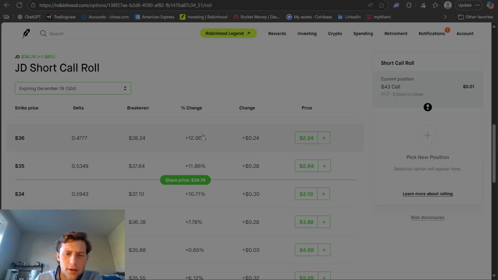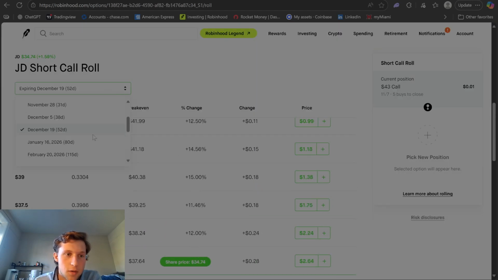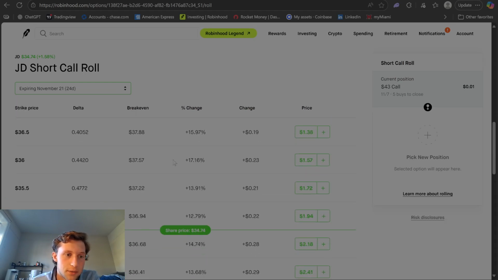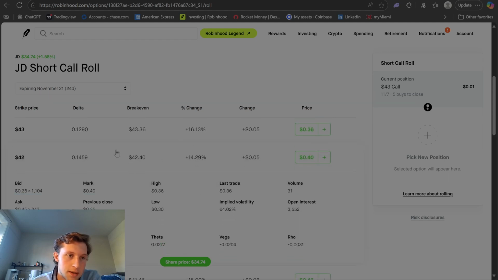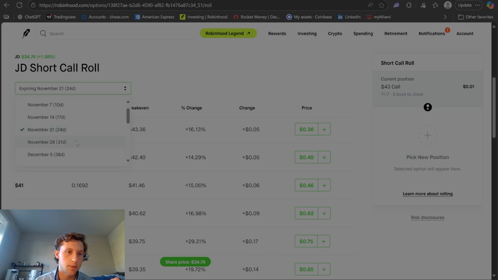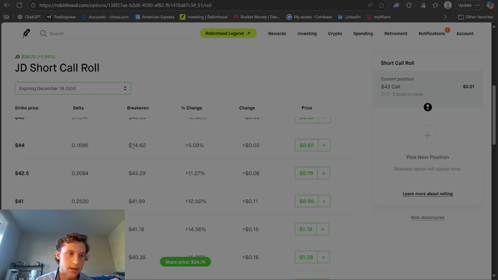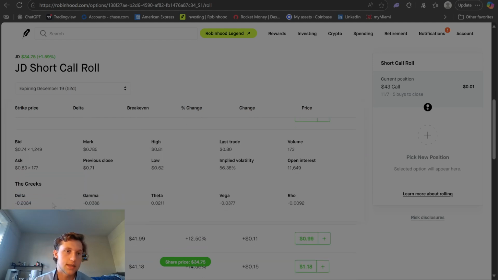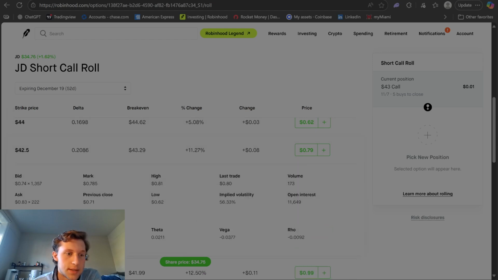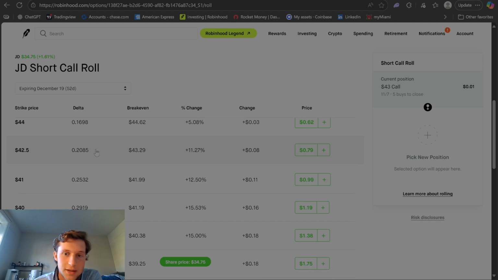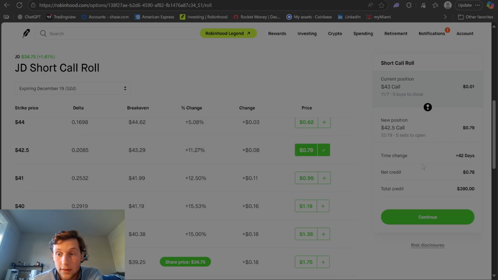I hope that makes sense, because if I go to 24 days out, right, and I pick the $42 strike, the delta is going to be 14 because there's not a lot of time on that and it's far out of the money. But if I go to something like the 52 day, and this is pretty comparable, the delta is going to be higher because there's more time for the contract to run, right? So the delta is going to be higher because it's perceived that the contract will probably go in the money. So this delta is perfect. This is a 20 or 21 delta. This is perfect, honestly, of what I want to roll to,